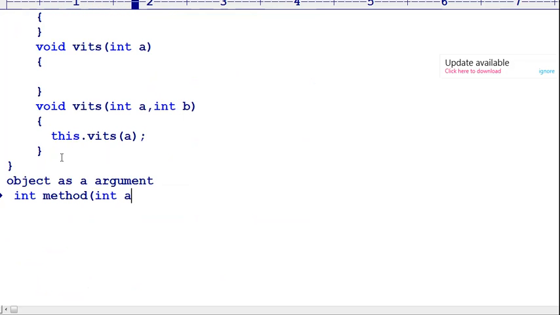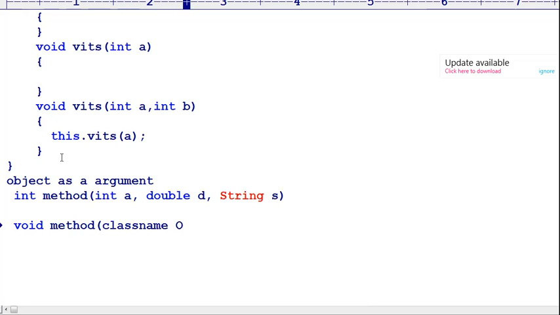Here we are calling: a is one data type, double is one data type, and string is another data type. Like that we are passing different data types as arguments. Like this, for a method, whatever the return type, I can pass a class object as an argument.